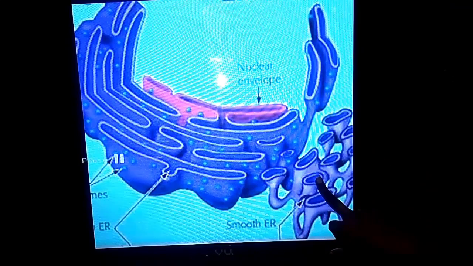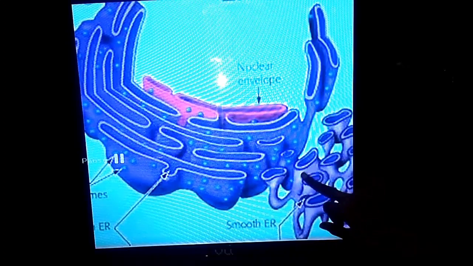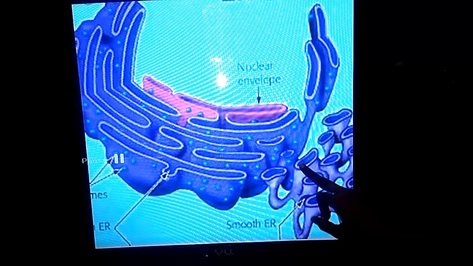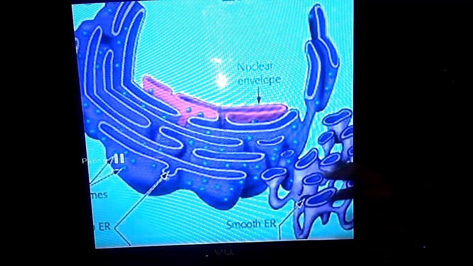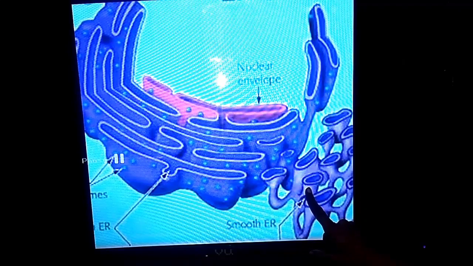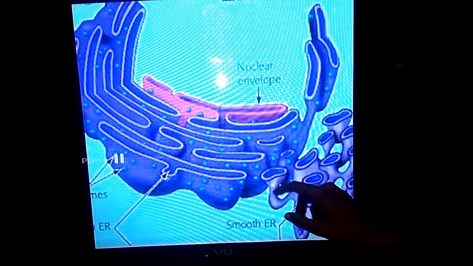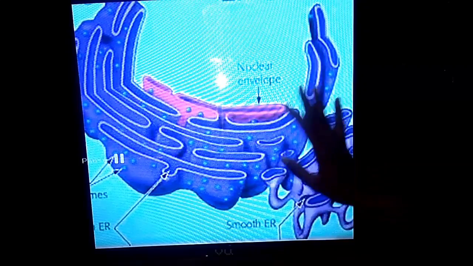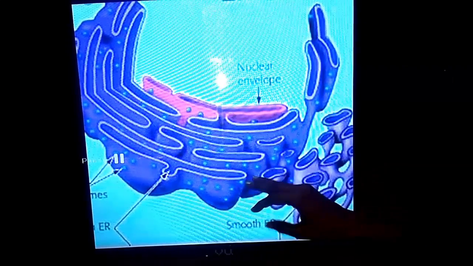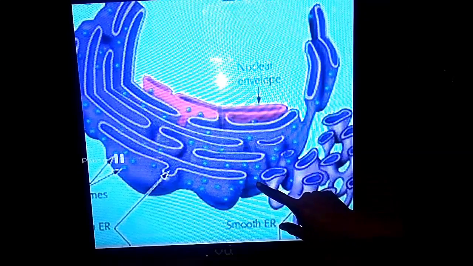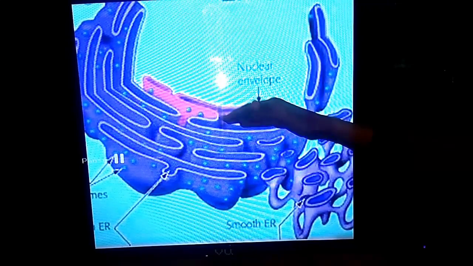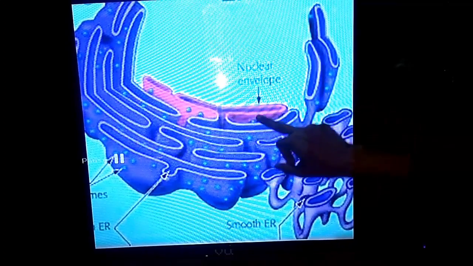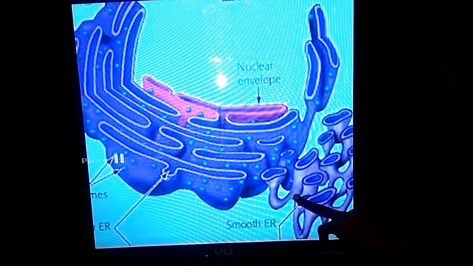Whereas the smooth endoplasmic reticulum's main function is to produce lipids, and it also detoxifies or removes toxins or poisons in the body, in liver and kidney cells. This is the most important function in human beings. The rough endoplasmic reticulum is frequently observed in cells actively involved in protein synthesis and secretion. They are extensive and continuous with the outer membrane of the nucleus, connected from the outer membrane and then moving towards the cytoplasm.